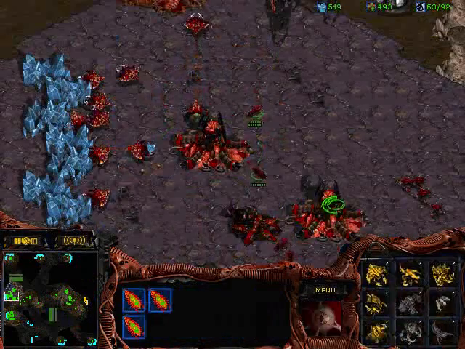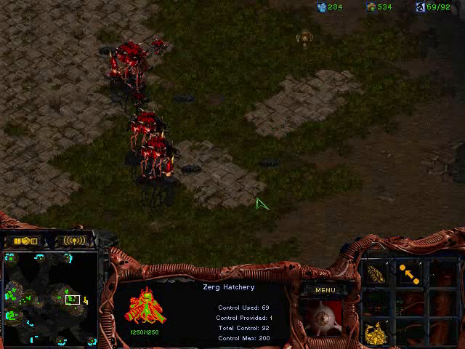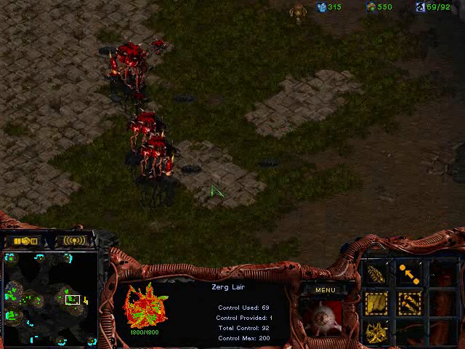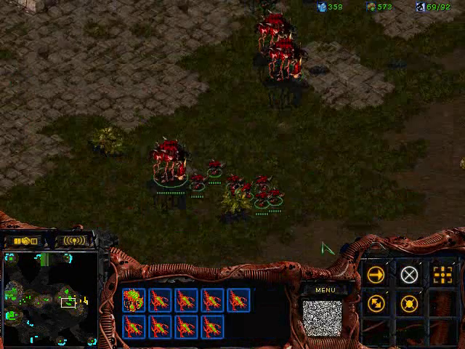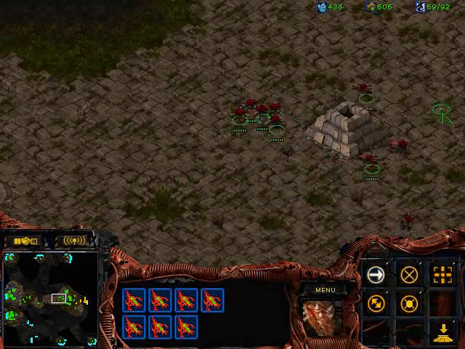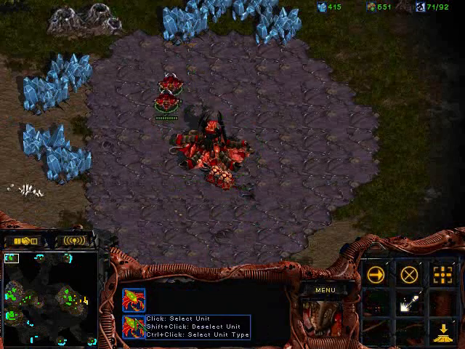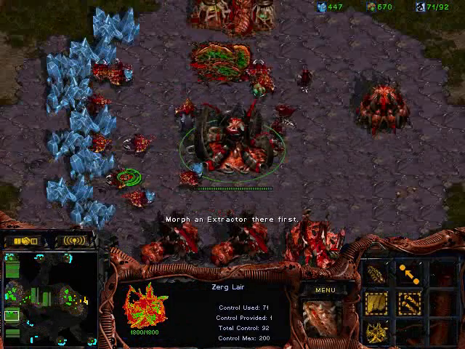And as soon as I get my third base up, as soon as the hatchery comes up, that's when I get my second evo chamber. That's just the timing I'm used to. I'm not sure what the standard timing is for that. So here, just keep making zerglings and get the third expansion up. Gas first,